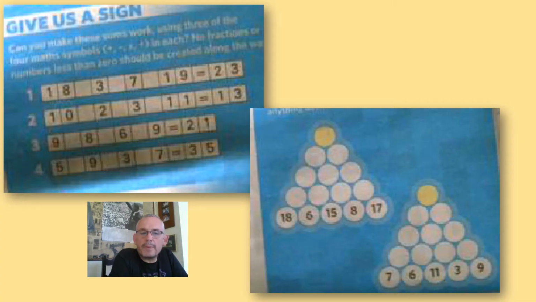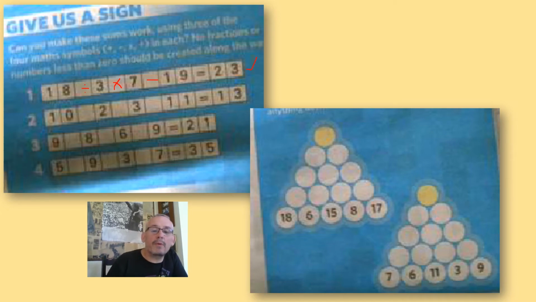Couple of starter activities to go with first. This one is where you've got to put in all the different signs to try and make this work. Let's see if I can do this. Now I went 18 plus 3 is 21, so I thought, oh look, and then you're going to divide by 7, and then obviously it was all going to go pear-shaped, and instead it was divide. So if you divide there, you get 6, and then if you multiply that, you get 42, and then if you take away the 19, you get 23. Woohoo! And I sort of spotted this by working it backwards,